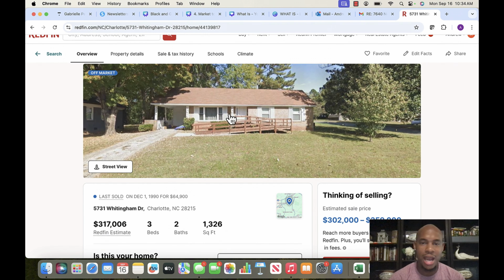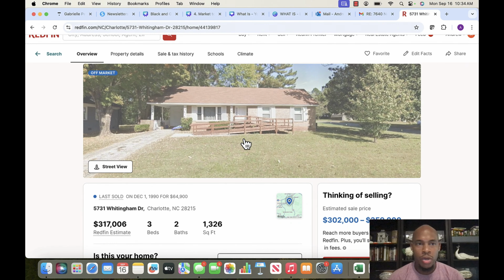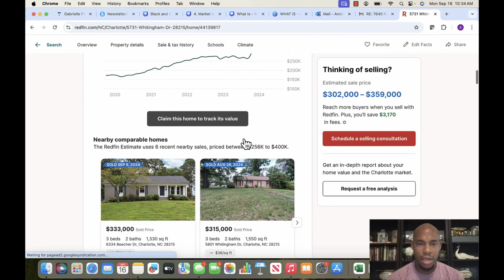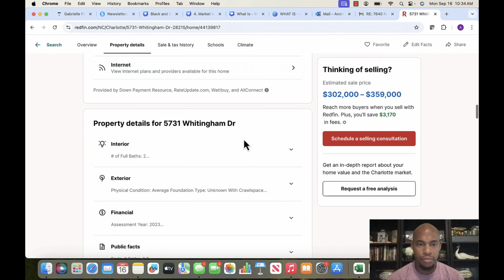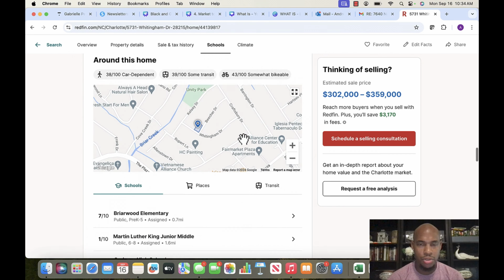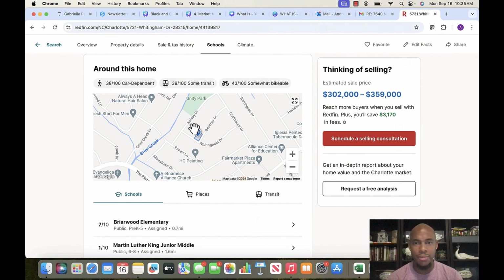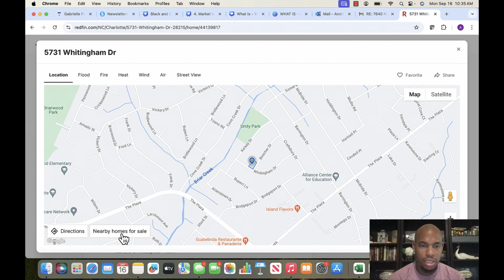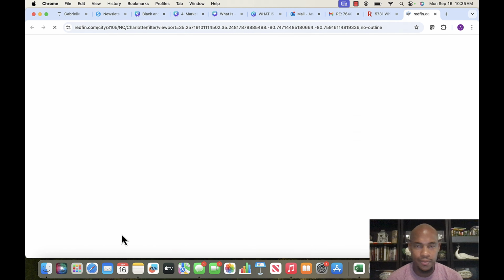It's a ranch style home as well. So why I love Redfin is if you scroll down about halfway through this website page, there will be a map tool right here. This is their map tool that they have. If you click this expansion button in the top right corner, and then you click nearby homes for sale, it